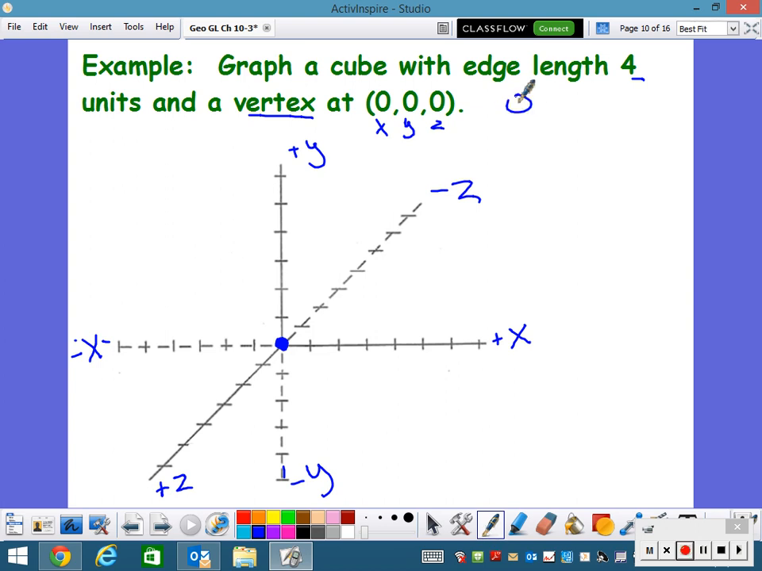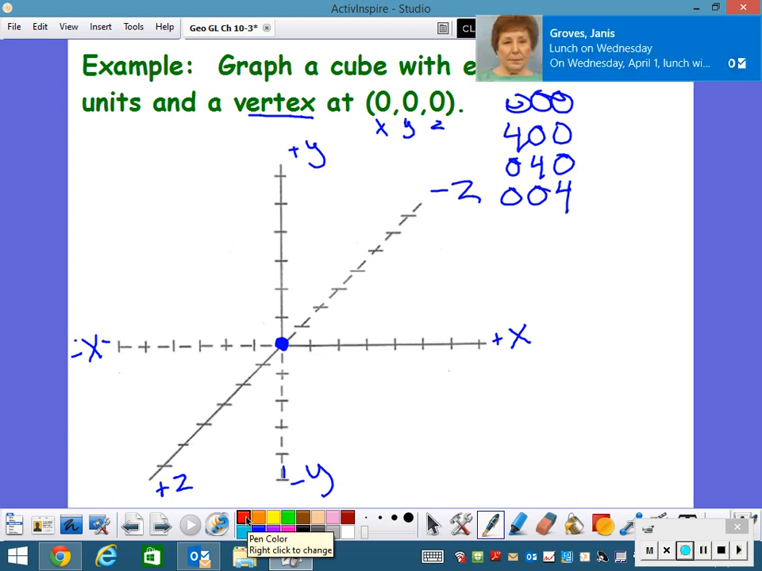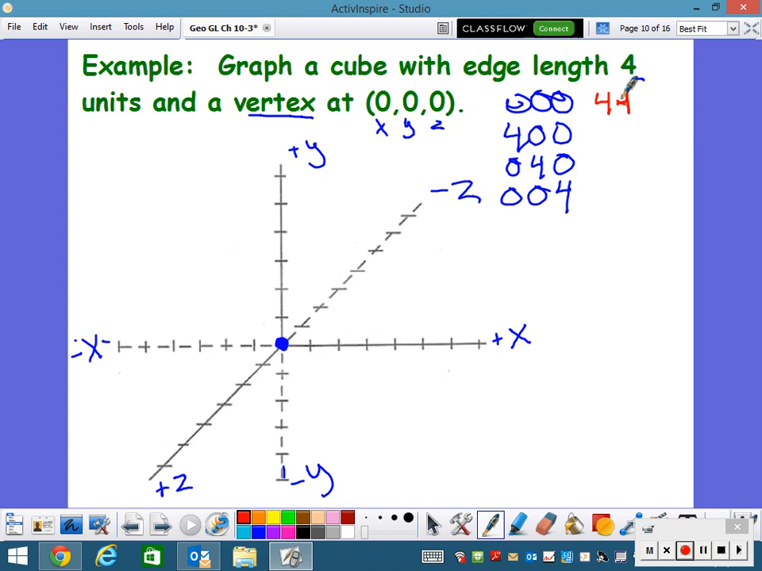So I've got, okay, I have 0, 0, 0. I already plotted that. So now I'm going to just add one 4 to the mix. So I can go 4, 0, 0. I can go 0, 4, 0. Or I can go 0, 0, 4. So that's half of my corners. And then the other half of my corners goes, if I start with three 4s,